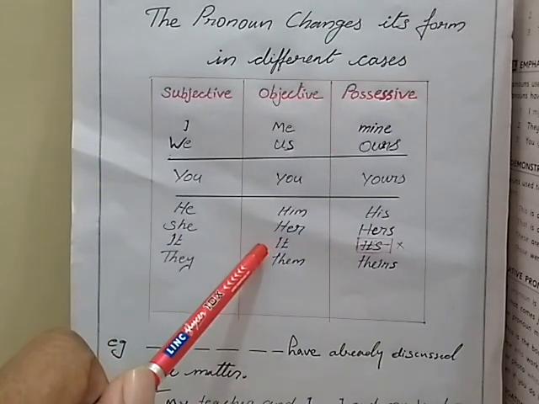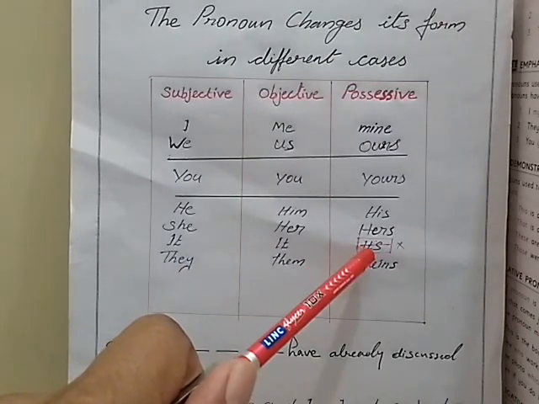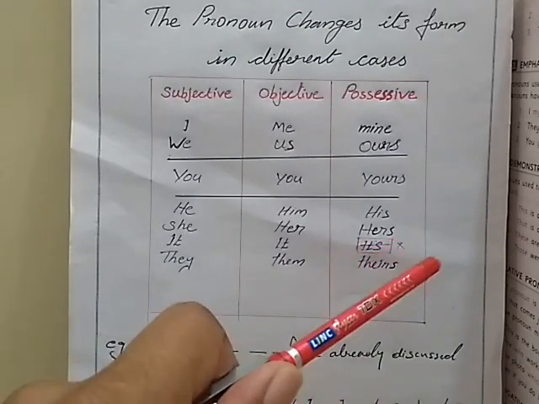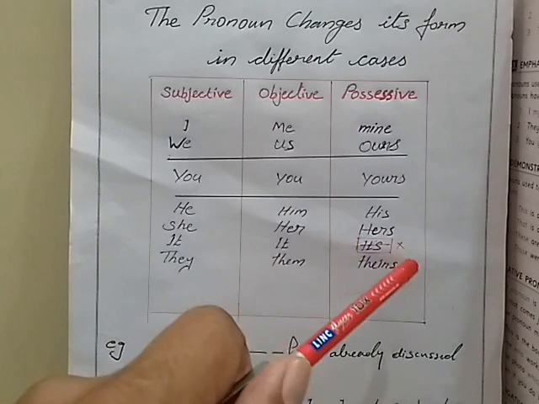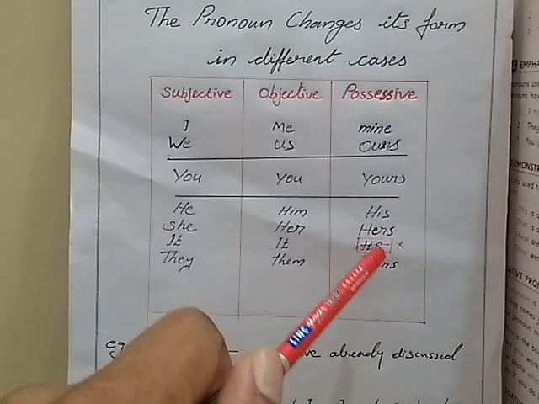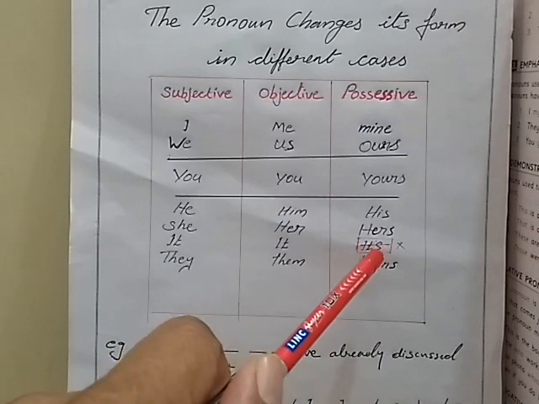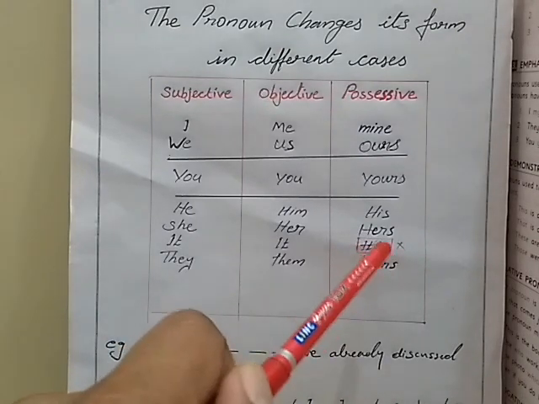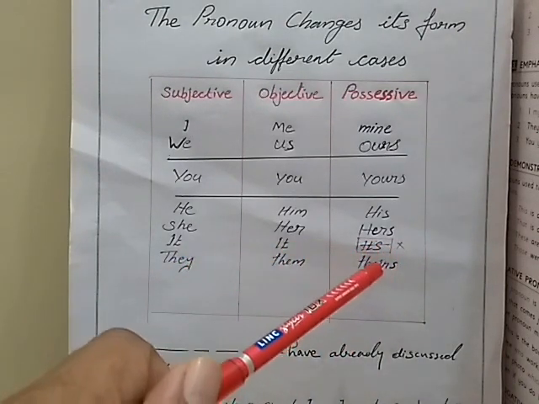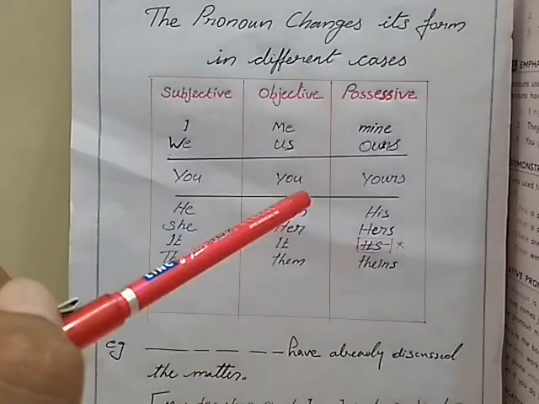Okay, it is not a possessive pronoun, it's. If you write its, that kind of usage is wrong. It's is not a possessive pronoun. That is why I have marked it and crossed it out. Its is not a possessive pronoun. When we write its, we can even read it as it is, it has, something like that. So it is not a possessive pronoun. And the last one, they will become theirs in the possessive pronoun.